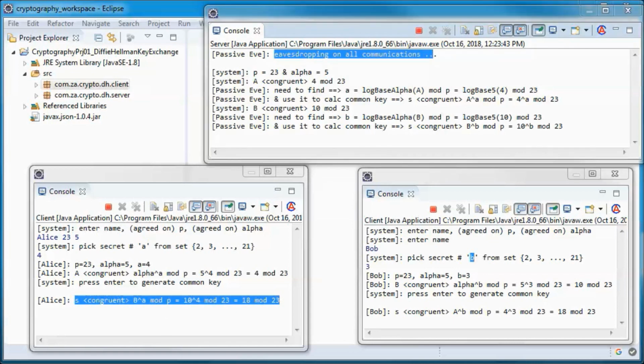Now much larger values of lowercase a, b and p would be needed to make this example secure.